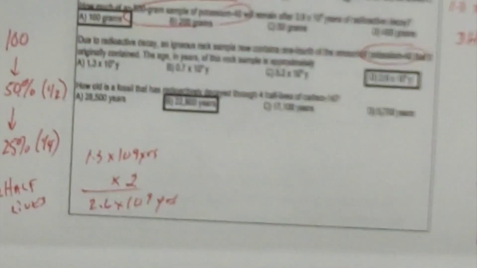How old is a fossil that has radioactively decayed through 4 half-lives of carbon-14? One way to solve the problem, instead of a chart: here's half-lives, here's years, 0, 1, 2, 3, 4. It's gone through 4 half-lives. At 0 half-lives, we had 0 years. At 1 half-life, we're at 5,700, and so on. So when we get up to 4 half-lives, we've totaled up to 22